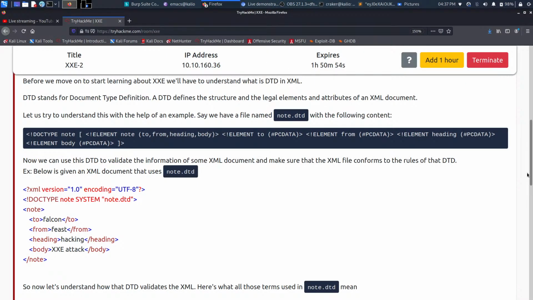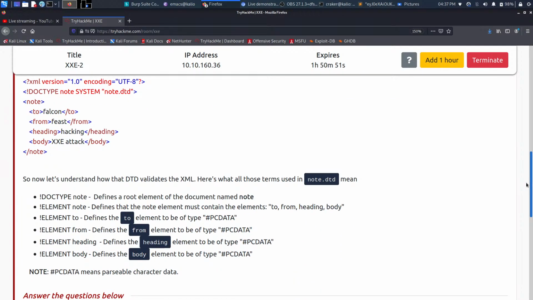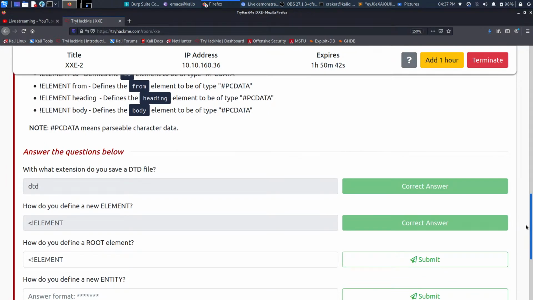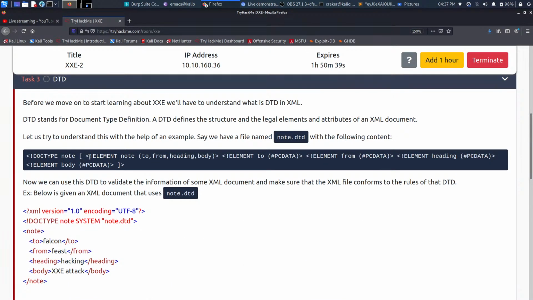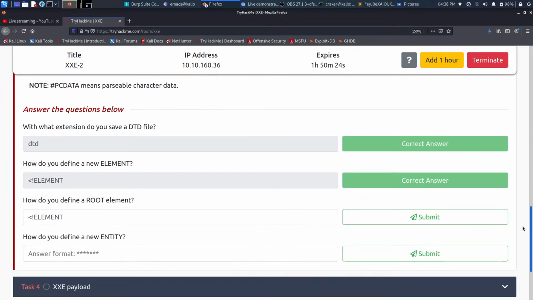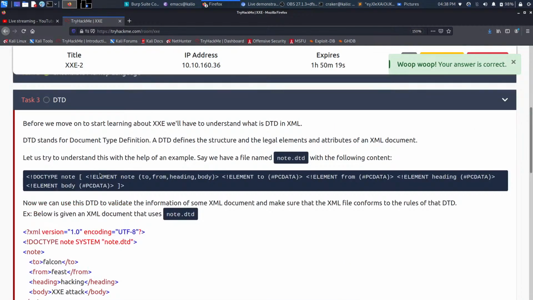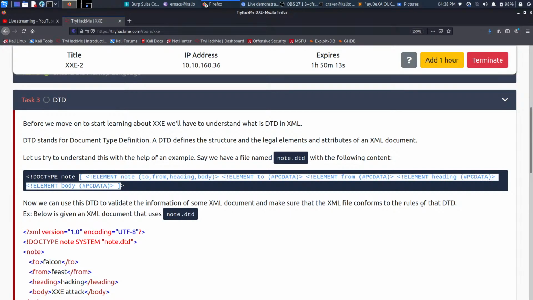Okay, अभी अपन रूट एलिमेंट कैसे डिफाइन करते हैं. I know how to define a new element, but I don't know how to define a root element. Here they have done doctype and then we have note as a root element and then, that's it. So doctype may be the answer, I don't think so, but see, that is the answer. Okay, so we just do doctype and then we define the root element और उसके बाद फिर array में सारे elements उस root के. Okay,